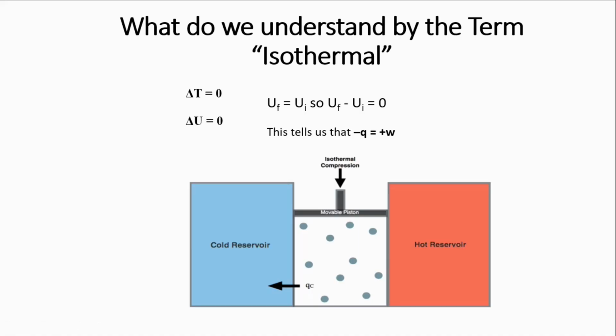Now, let's say our system is structured, or it exists between two reservoirs. It exists between a hot reservoir and a cold reservoir. If our system loses heat energy to the cold reservoir, that is, heat travels from our system to the cold reservoir, that is, we are losing heat energy, how then can the temperature remain constant? If the system is losing heat energy, how is it that the temperature is going to remain constant?